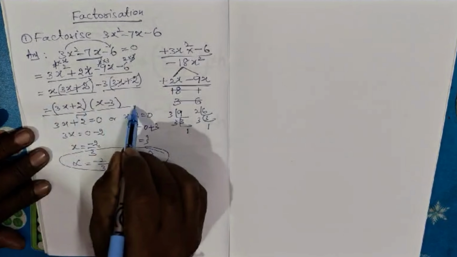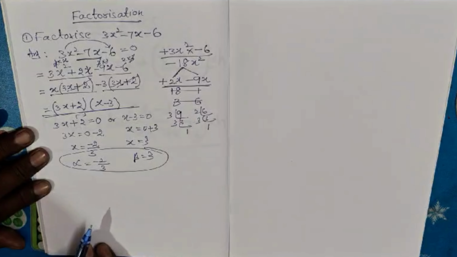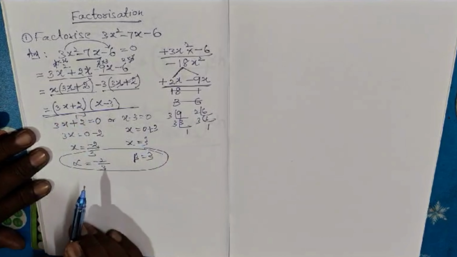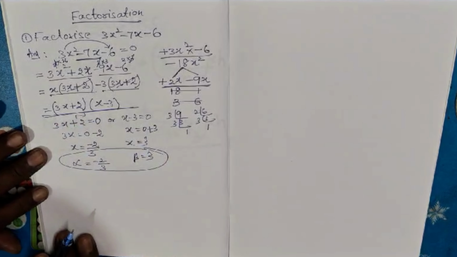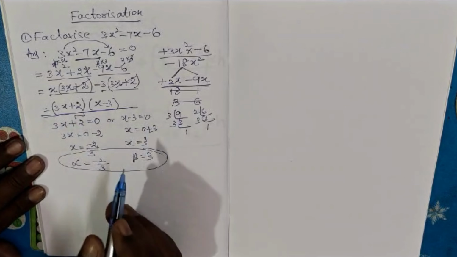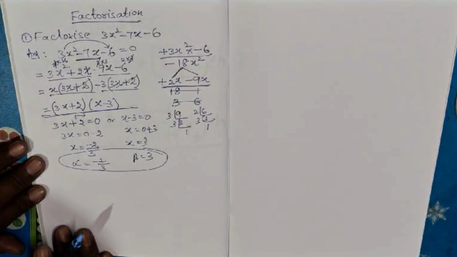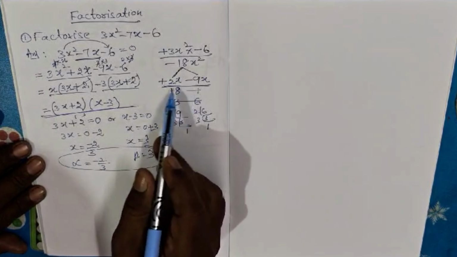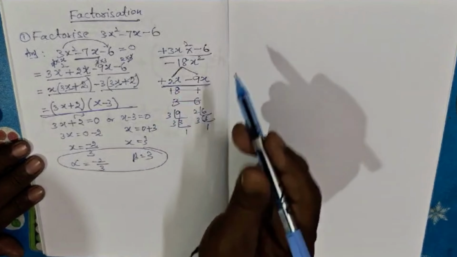So factorization ends here only. We got the factors. If you want zeros further, you have to equate these two factors to 0 to get the alpha value and beta value. And alpha and beta are called the zeros of this quadratic polynomial. This is, I took the subtraction case. I would like to explain one more,